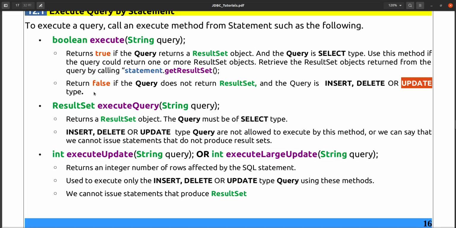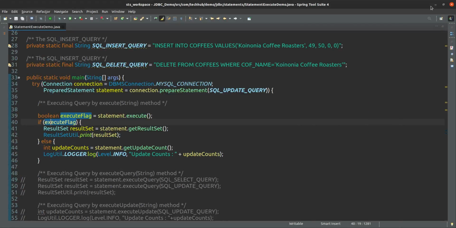So you cannot get the result set because the query is not a select statement. The query is of updatable type, that is insert, delete or update. So you can get the count of how many records are updated. You can use statement dot get update count to see how many records are affected or updated with that query.